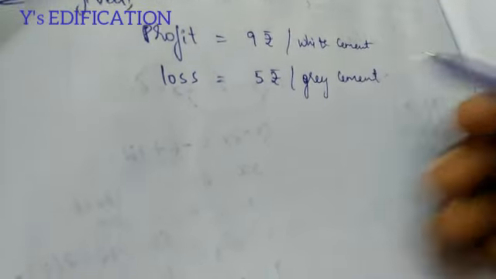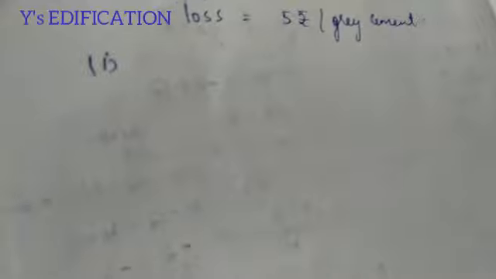Okay, so what we have to find, first they gave us two questions. Let's solve the first one. The company sells 7,000 bags of white cement and 6,000 bags of grey cement in a month. What is its profit or loss?